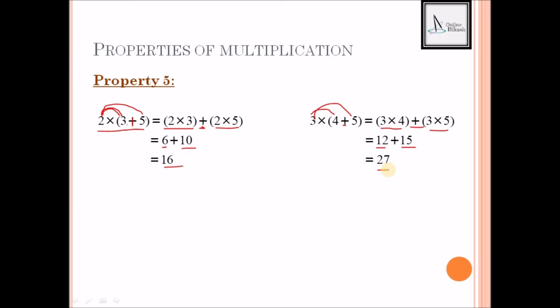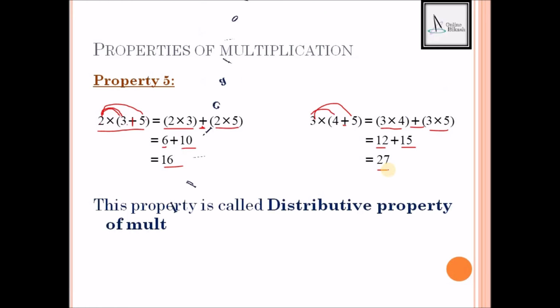In this case, you see the multiplication is distributed between those numbers which are inside the bracket. Distribution. That is why this property is called distributive property of multiplication. Okay,